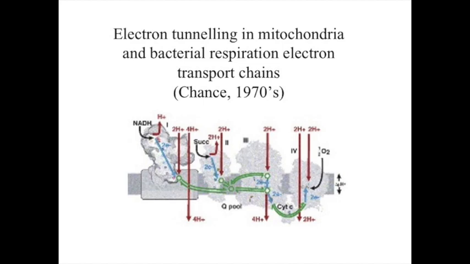And this is an entirely quantum mechanical phenomenon in which electrons, or any particle, can be transported from one place to another through a barrier that would be classically impenetrable. So it could be a very high energy barrier, for example, that the electron shouldn't have the energy to jump over, and it can tunnel through because of its wave mechanical properties. And this is responsible for how electrons are transported very efficiently along electron transport chains in the respiration that keeps us alive.